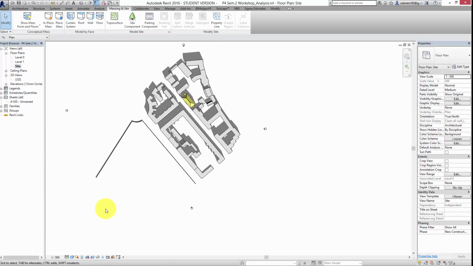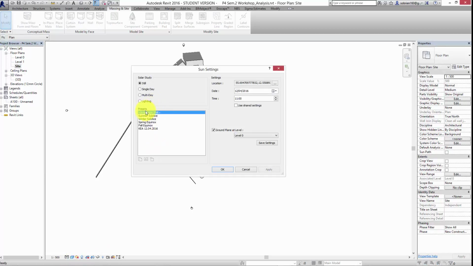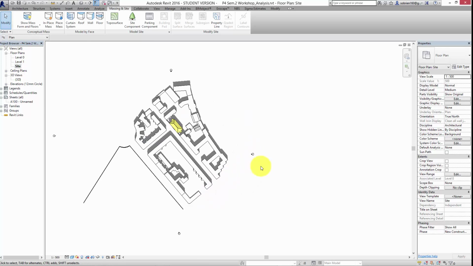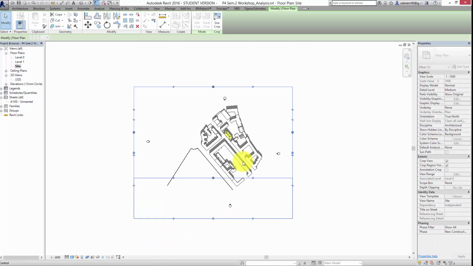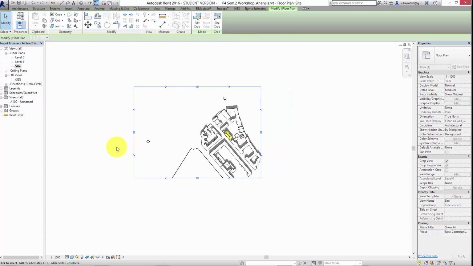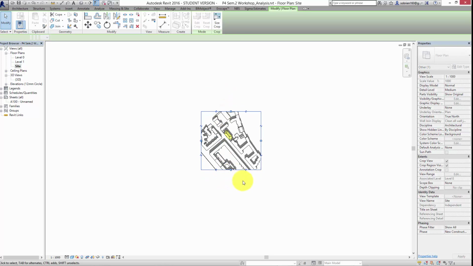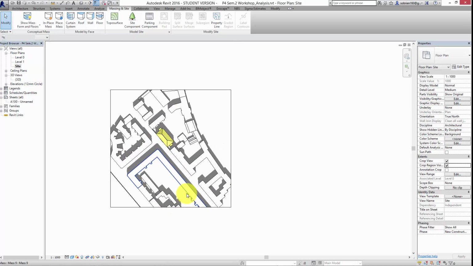So I'm going to switch off the diagram, but I'm going to change the sun settings so that we get a summer solstice at 12 in the afternoon, and we want to show the shadows of that as a starting point. So let's just modify the size of the drawing. First of all, we put it at 1 to 1000, and we concentrate on the block that's modeled. And once we've done that,